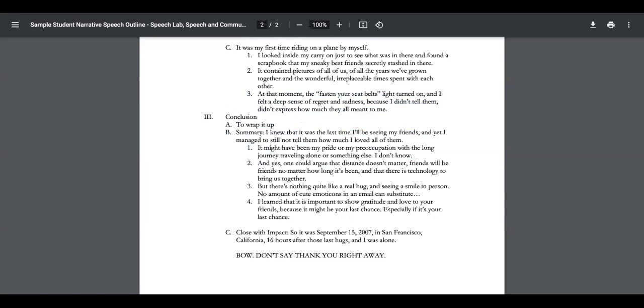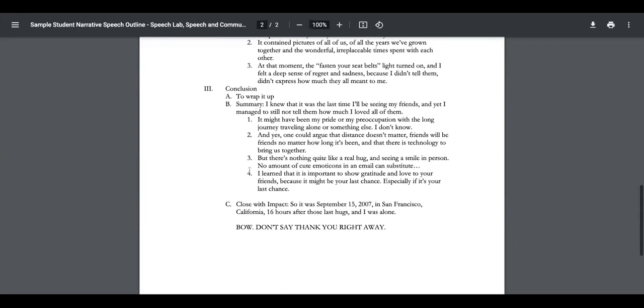Even in movies, when the hero and the heroine are meeting for the last time, you know that this is the end, this is the conclusion. So they are basically giving you the first gist of it, which is to wrap it up. And then the second part of your conclusion is to give a summary. The summary is not writing whatever you have written again, but summarizing the purpose of your speech. You have given a speech, now you're just summarizing its purpose.